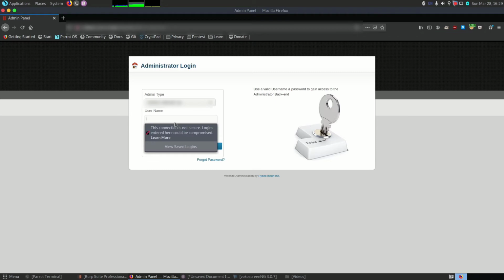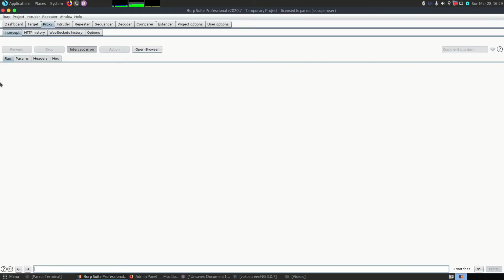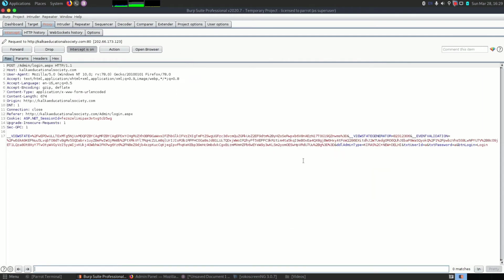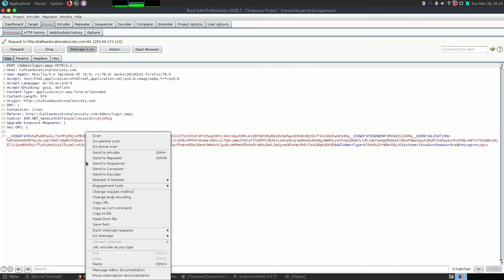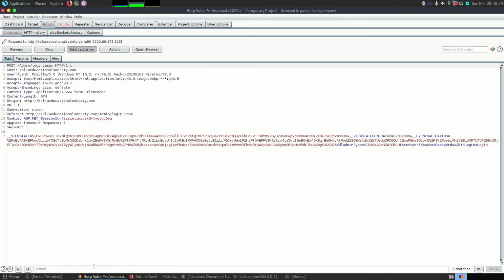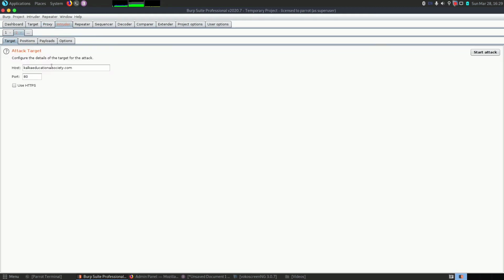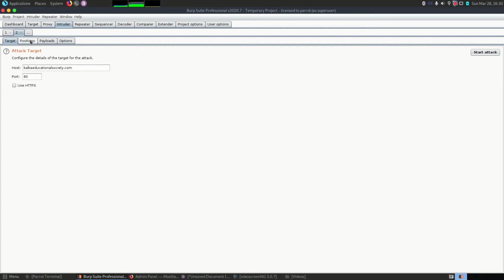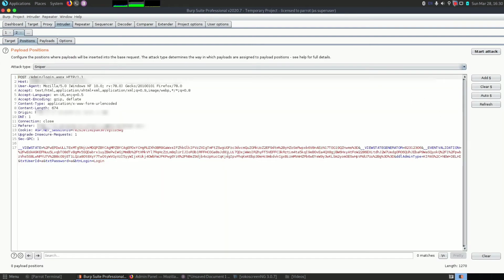I will type any random thing, let's say "a", and I will go to login. We will see that the request is intercepted by Burp Suite. Okay, so as you can see, it is intercepted by Burp Suite. Now I will send it to Intruder and drop this packet. I will go to the Intruder, and once I am in the Intruder, I will go to Positions, clear all the markers, and just mark where the user ID is, which is here.